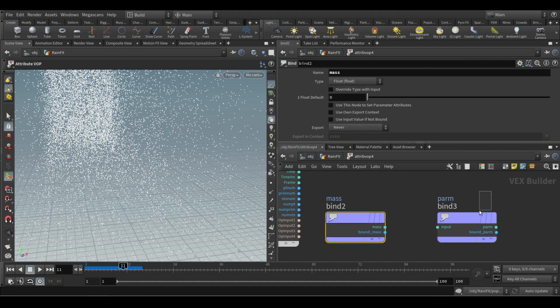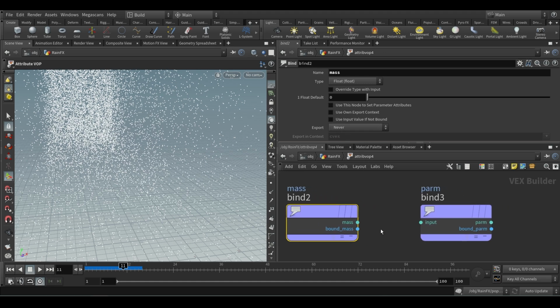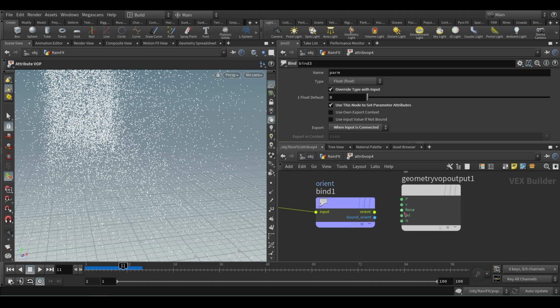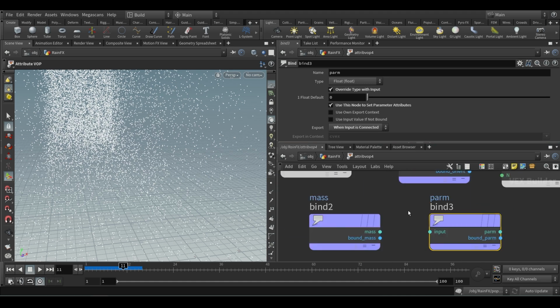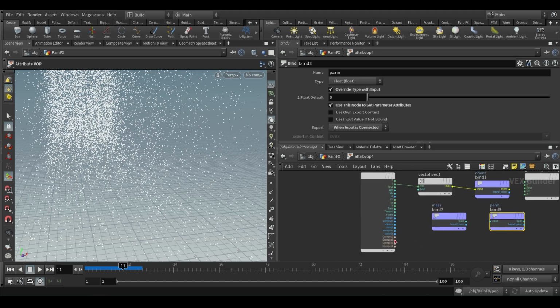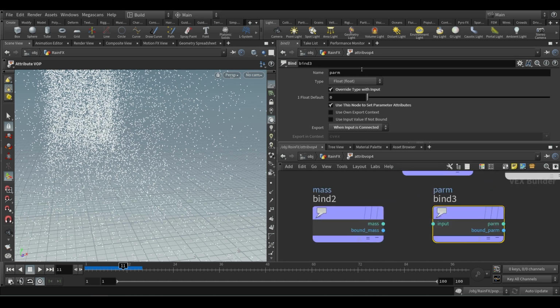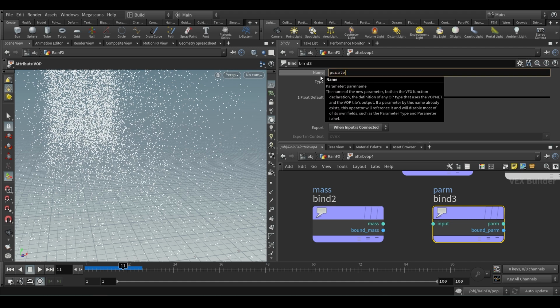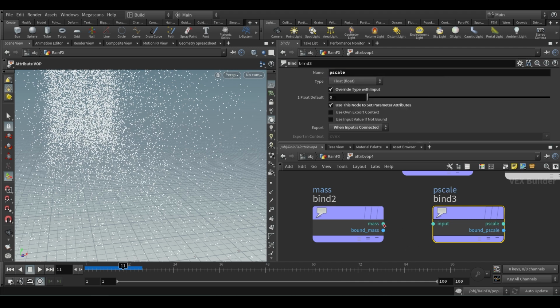Those two are different, by the way, okay. It looks like both are the same, but see, export when input is connected, never, okay. So I'm exporting that. Even here there is no p scale. We need to bring those two attributes, that is mass and p scale, since it is not in the list, okay. So I say p scale, and when I plug that in,